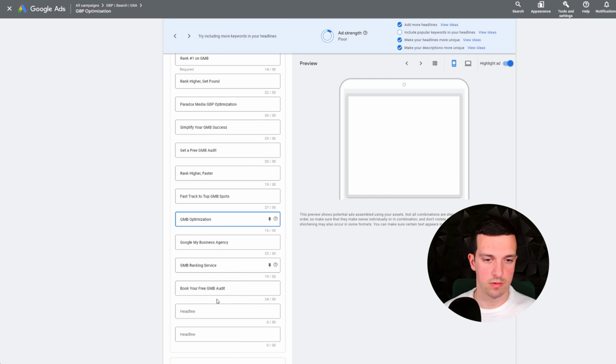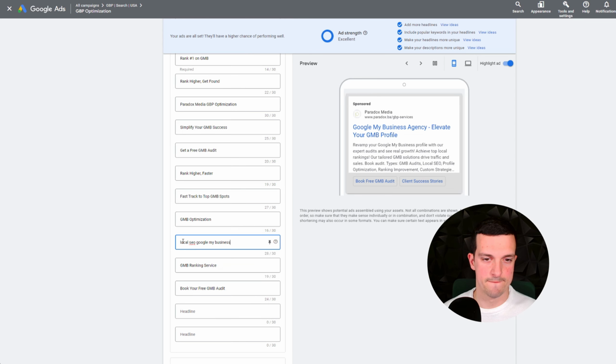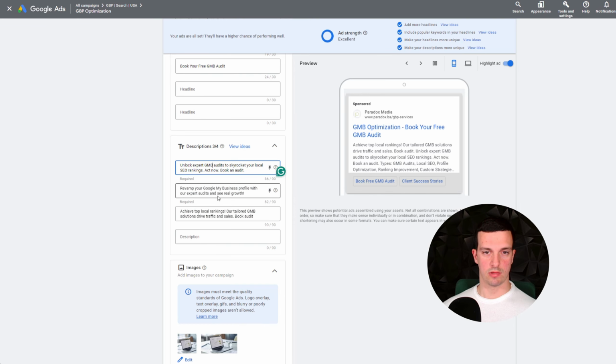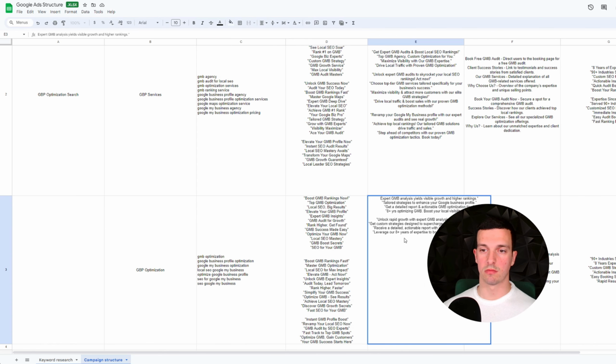Let me see this one. And then always capitalize. Google local SEO. Google My Business. Yeah. This here down there you can change and you don't need to, but let's just take